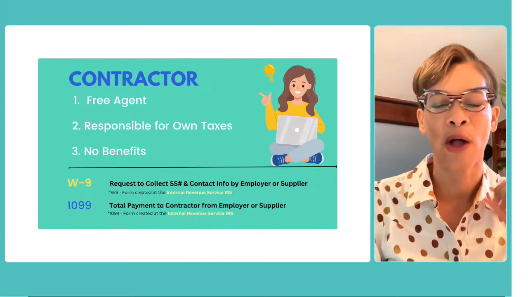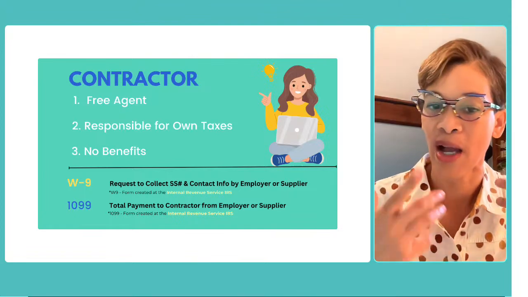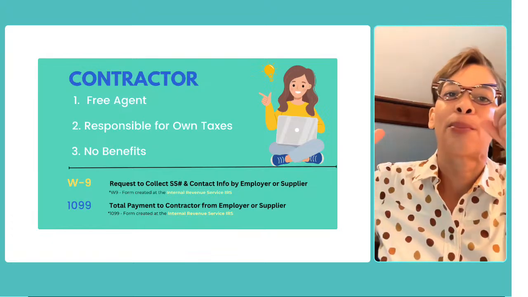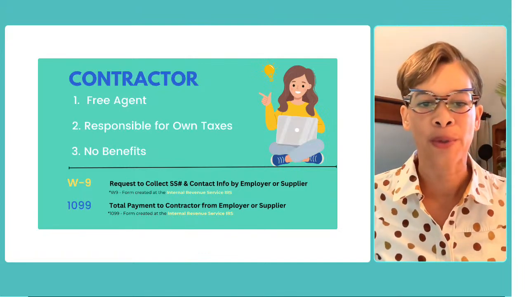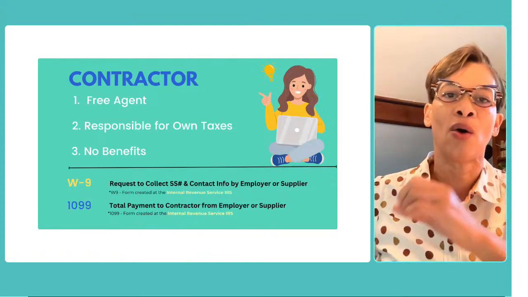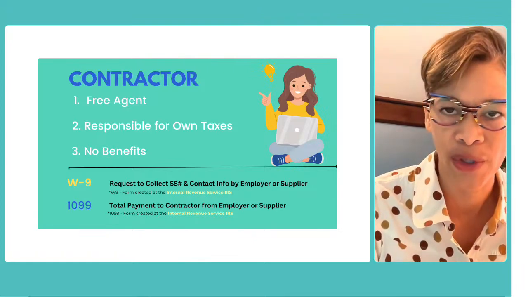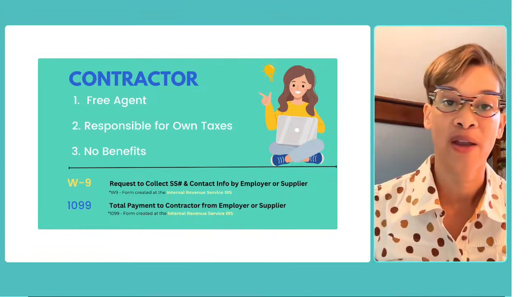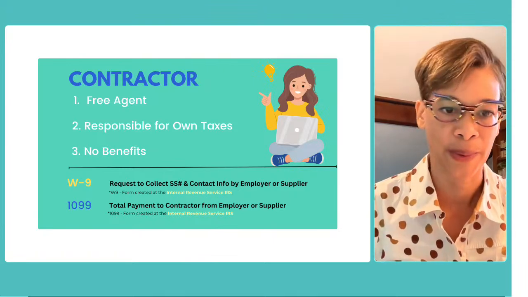The 1099 is also a tax form that is issued by your employer or contractor. Now, you're a contractor, right? So it's not going to be your employer, but it's the person that employs your services. So when I say employer or your supplier, the person to whom you're rendering services, that entity will issue a 1099, which is a form by the Internal Revenue Service, the IRS. So if you have to issue a 1099 to someone, you're just going to go to irs.gov, download the form, and issue it to the person.